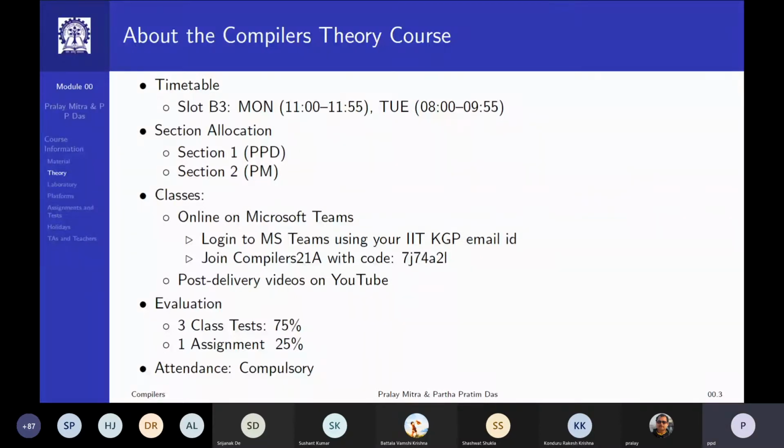And then we'll have a little advanced assignment, one assignment towards the end of the course of 25%, which will deal with some of the features which you may not be able to implement in the laboratory, but you would have learned in the theory course. So we'll have a separate assignment on that. Obviously, attendance is compulsory.